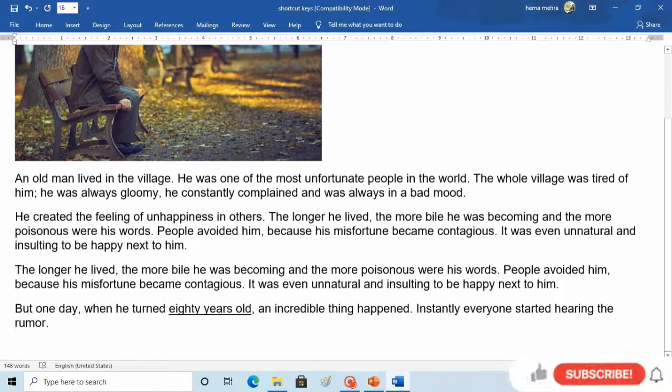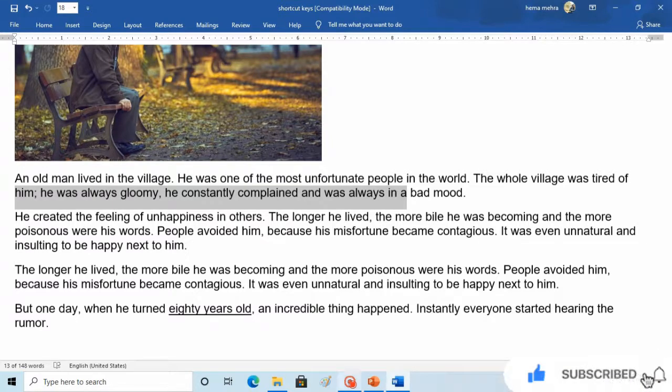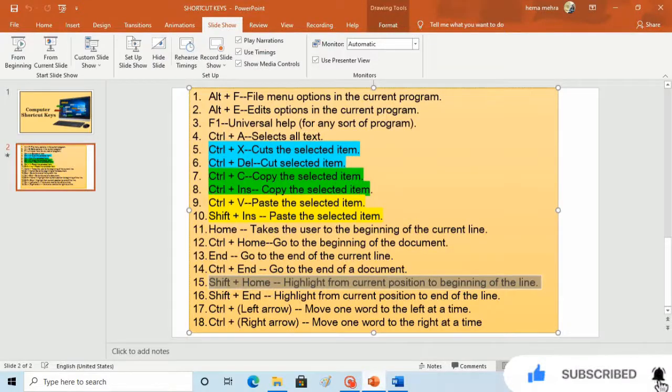Suppose I am here and I press Shift plus Home. In whichever line I am working, and wherever my cursor is, all the words before that get highlighted. So this is the shortcut key for highlighting from the current position to the beginning of the line.